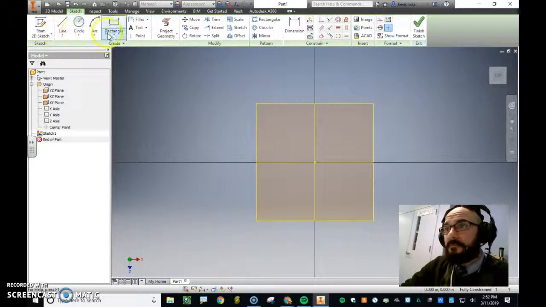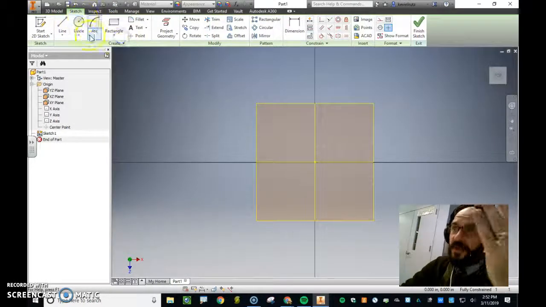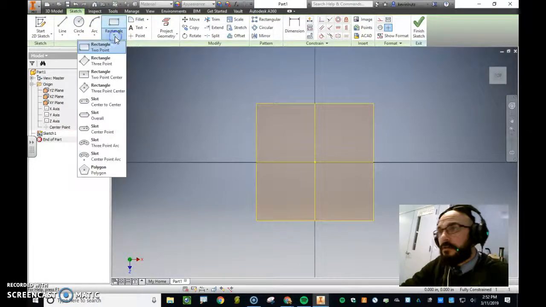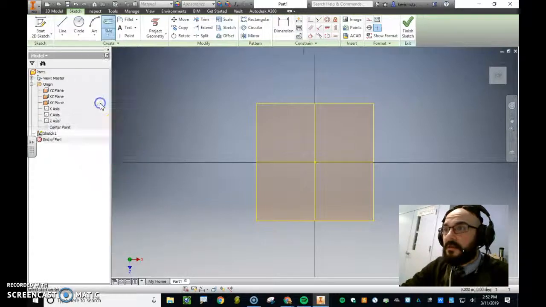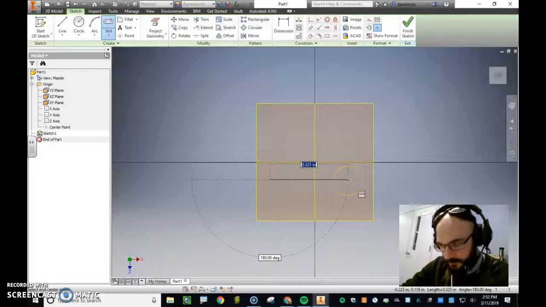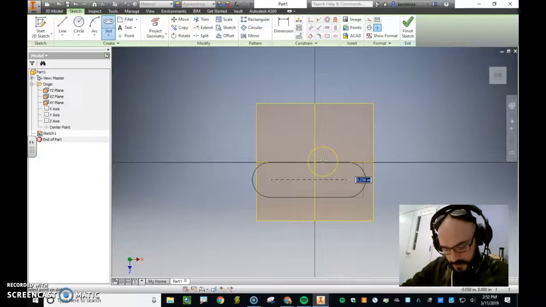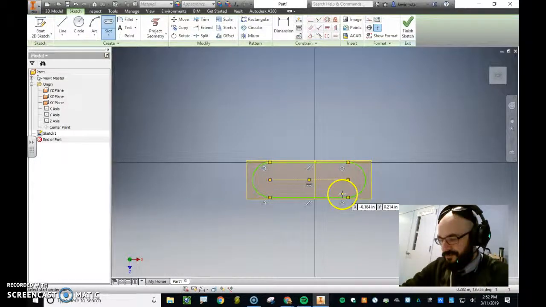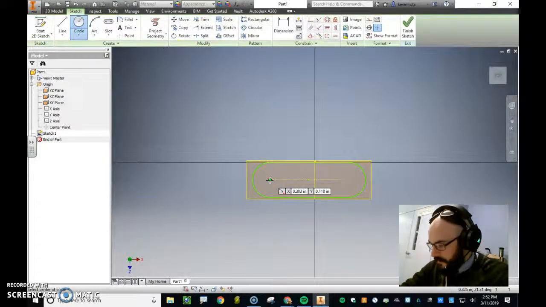Now we're going to make a slot. So in your sketch options in Create, instead of rectangle, you click and you're going to make a slot, and we're picking a center to center slot. So we're going to make a horizontal line, and we're going to define it later. Okay. Oh, beautiful. And now we're doing a center point circle,